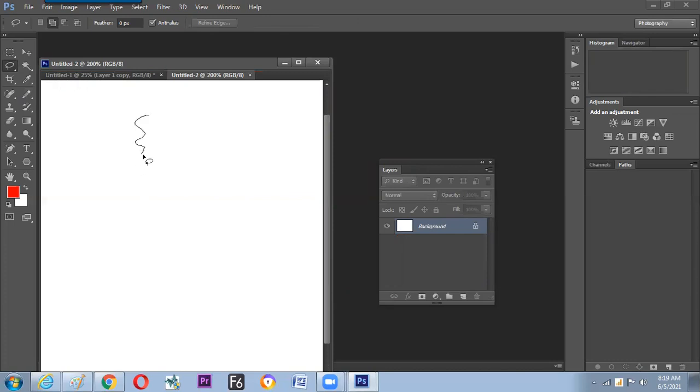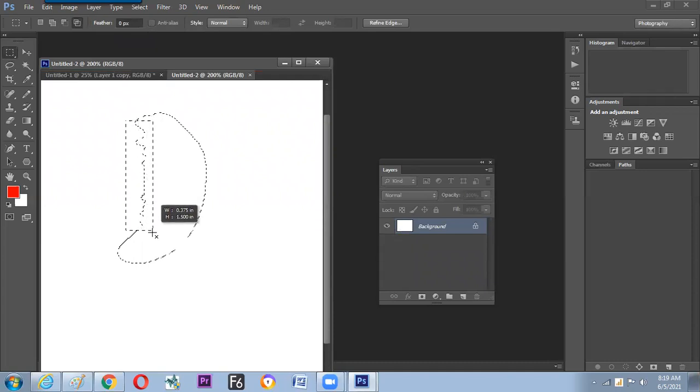So we have an option to make the selection randomly, and we can take the selection tool rectangle with intersection. That means the previous selection and your present selection intersect.